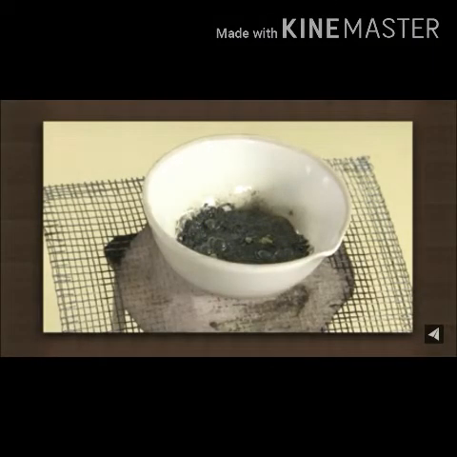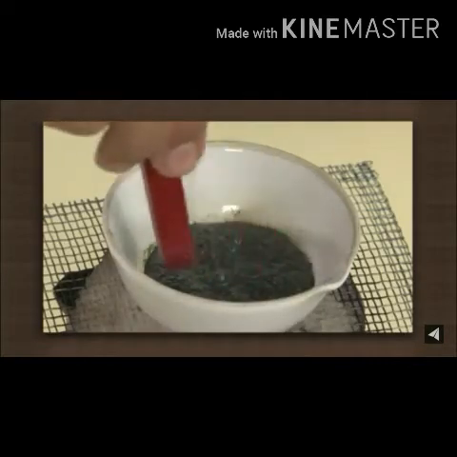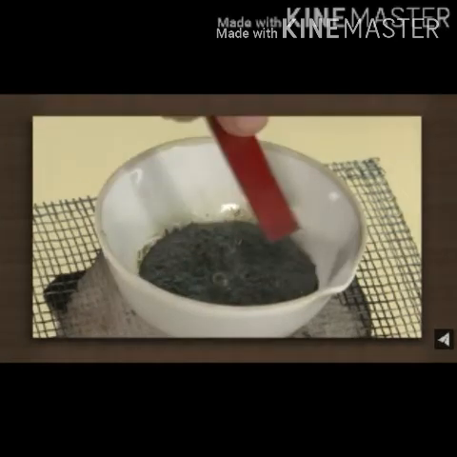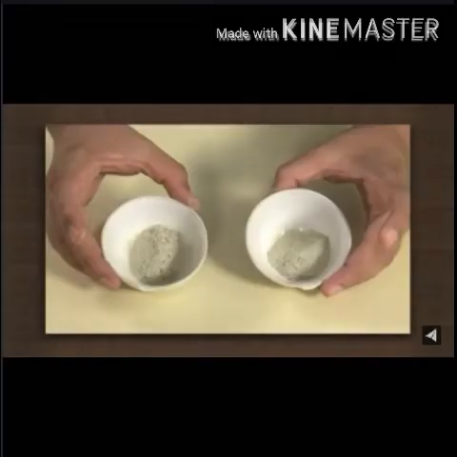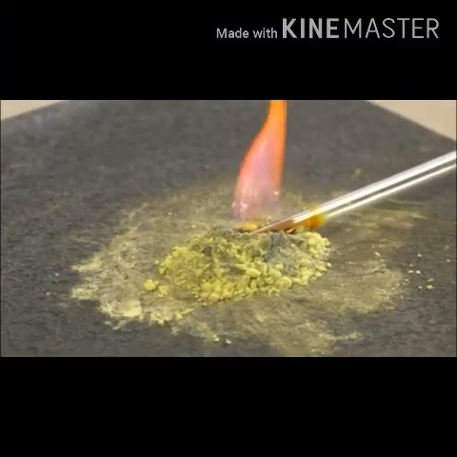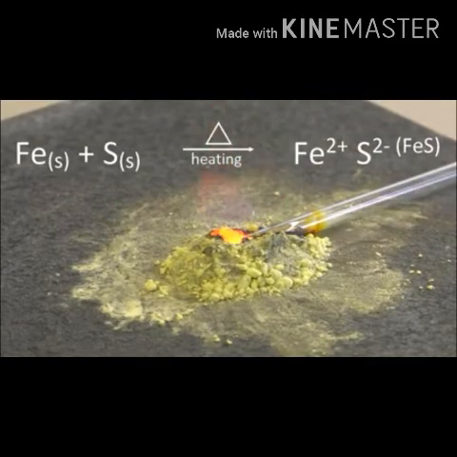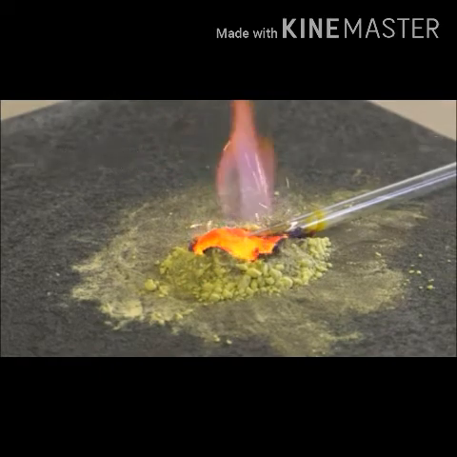On the contrary, when iron filings and sulfur were heated together, there was no effect of the magnet and the characteristic yellow color of sulfur also disappeared. The mixture became black in color. From this, we understand that the matter formed in the above activity is different from the original composition. It means a chemical combination took place between iron and sulfur due to heating. The atoms of iron and sulfur became joined by chemical bonds to form molecules of a new compound, meaning they underwent a chemical change.